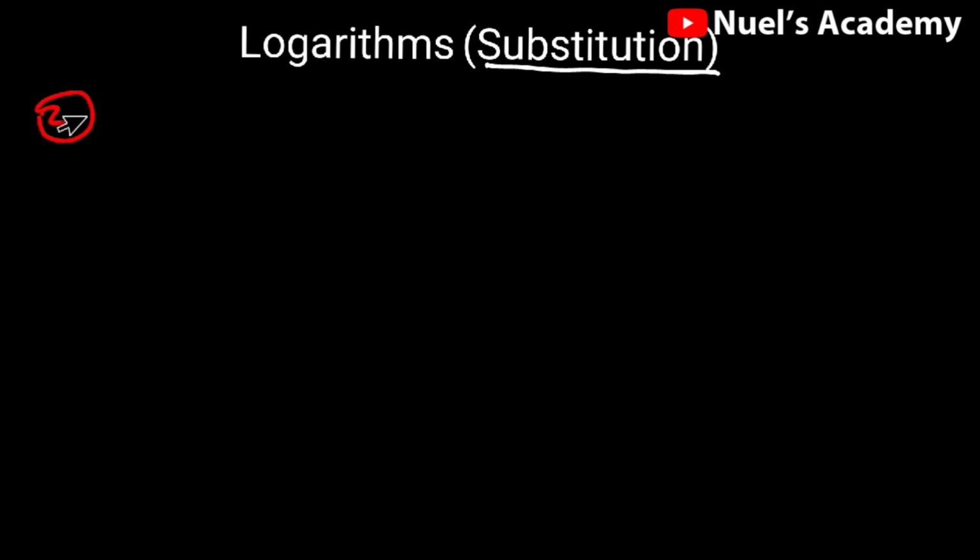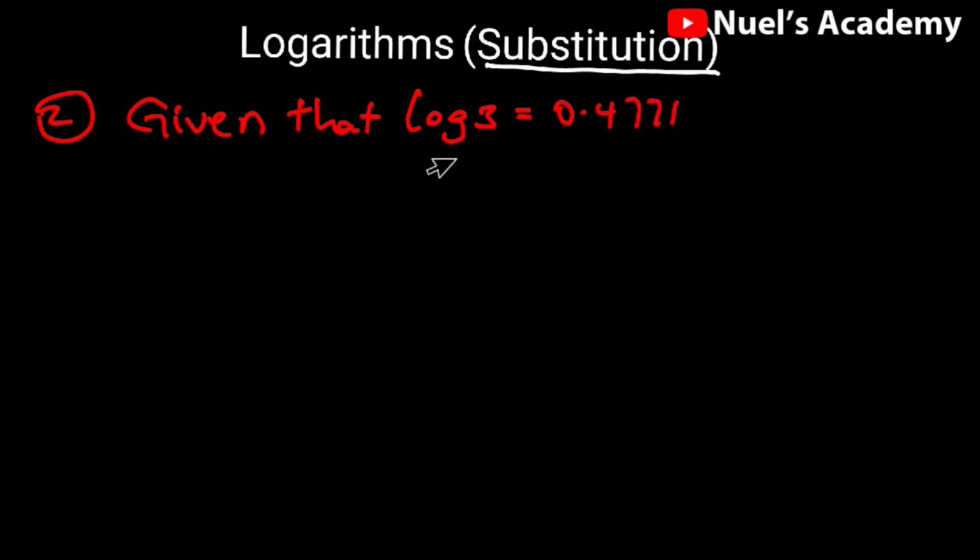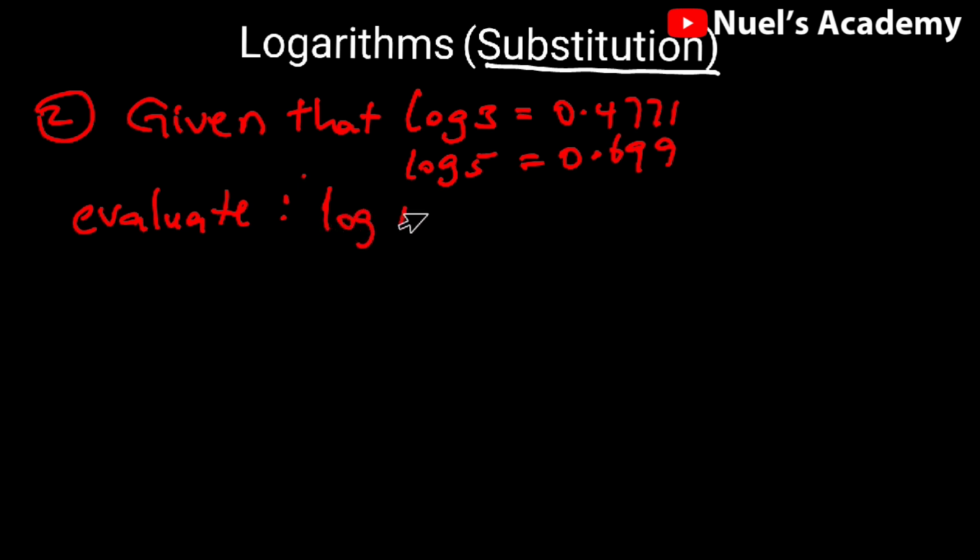So question number 2 we have here, it states that given that log 3 is equal to 0.4771 and then log 5 is equal to 0.699, evaluate without using tables log 1.8. So solution,